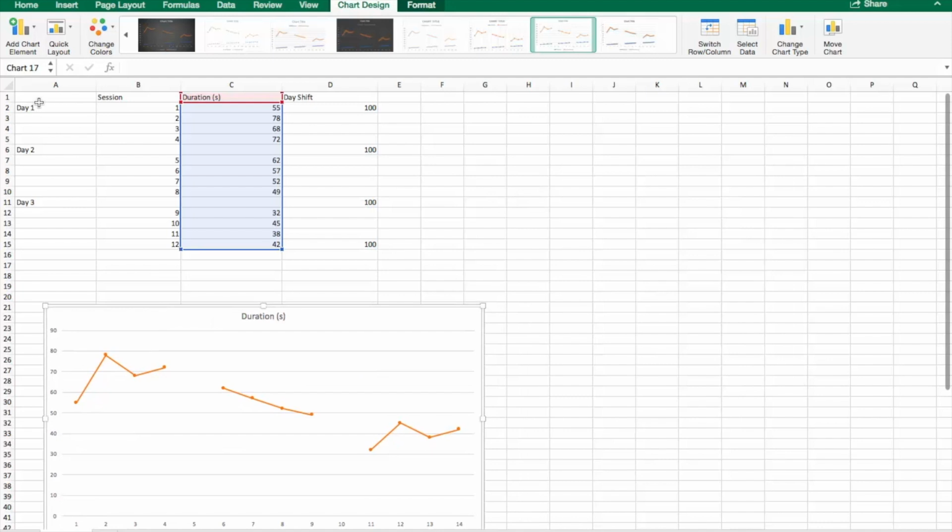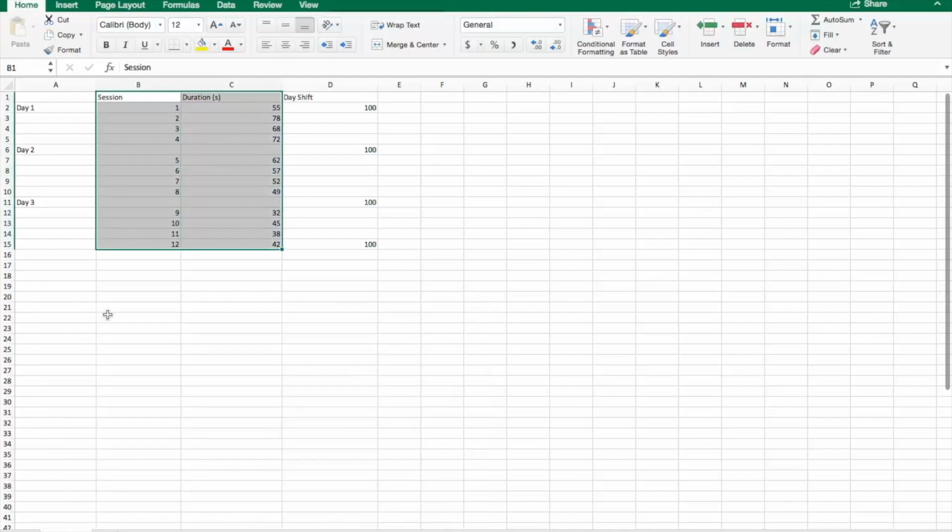In this example, an experimenter is observing the disruptive behavior duration data of a client for 1 hour on 3 different days. Each day, the hour is split into 4 15-minute sessions. I created a leftmost column to input the 3 different days. Day 1 is in the same row as session 1. Day 2 and 3, however, have a space in the x-axis, which will come in handy later for creating the